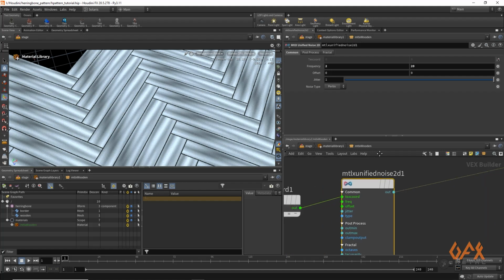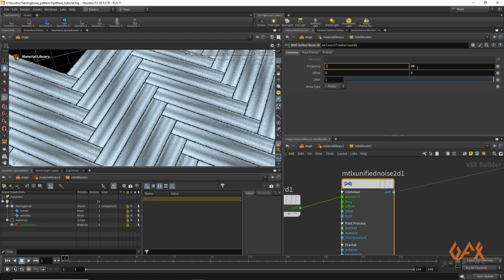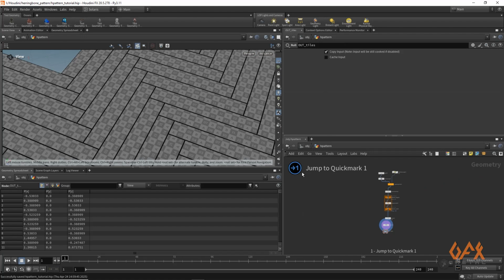Okay, so what we need here is that first of all, we need two parameters to have a little variation, that is your frequency. Maybe you have one frequency or maybe two, or here maybe 10 to 20 range in different tiles. So I basically need a random frequency, as well as a bit of change in my UVs. Okay, and to do that I need to jump again onto my main object, or my SOP network.